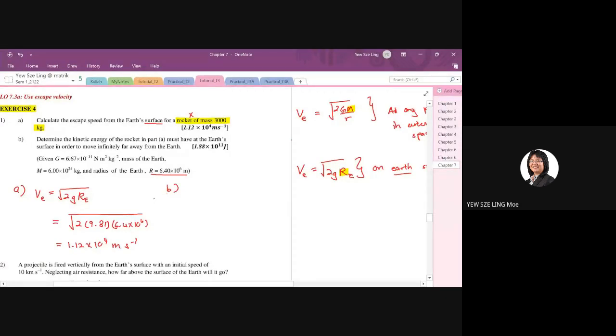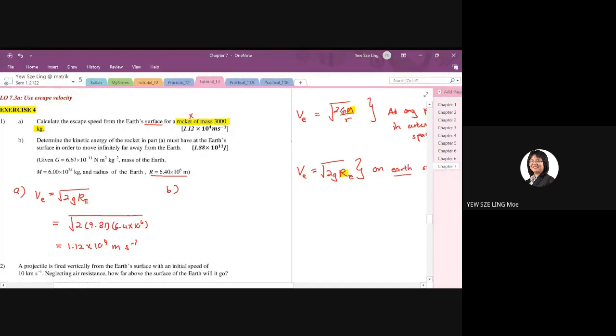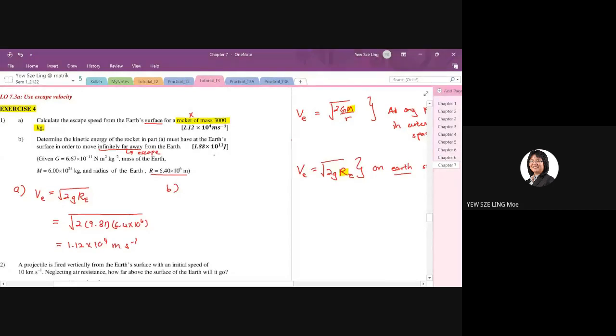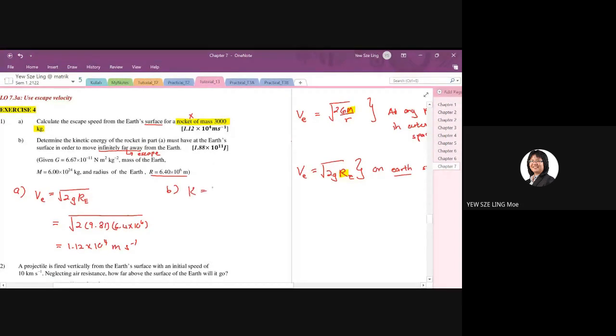Determine the kinetic energy of the rocket in part A that it must have at the surface in order to move infinitely far away from the earth. To move infinitely far away means it is to escape from the earth. So you have the escape velocity, then you can calculate the escape kinetic energy. So K is equal to 1 over 2